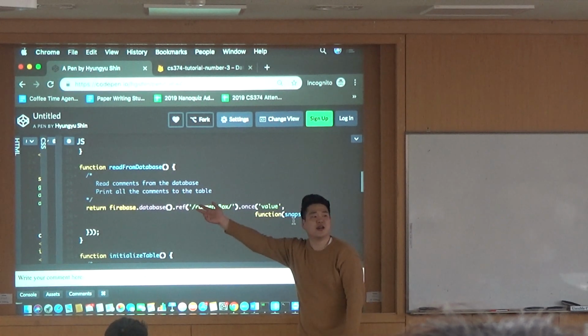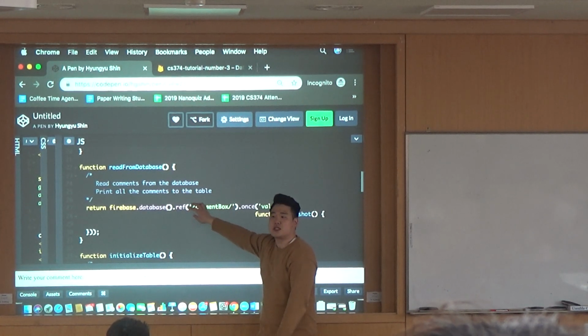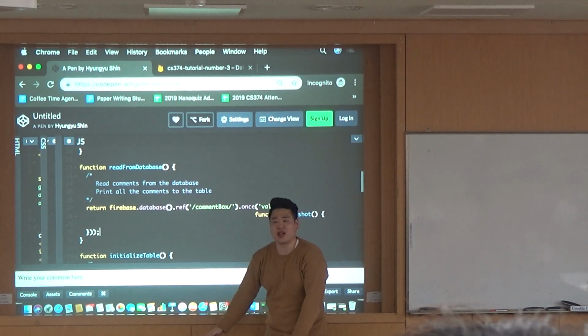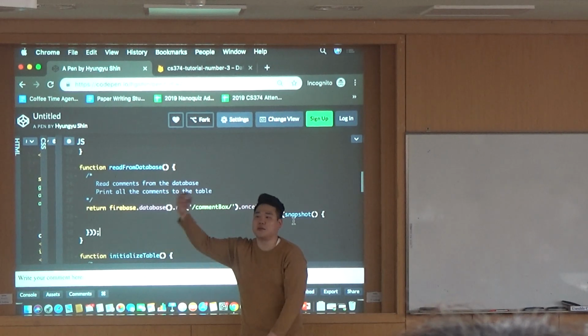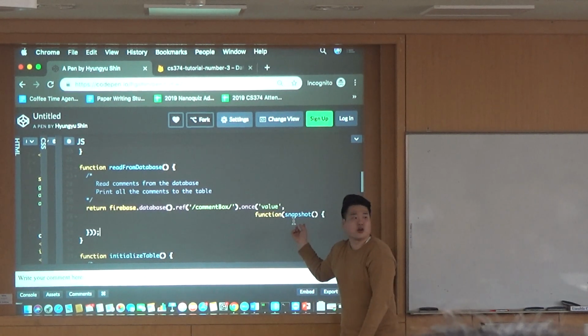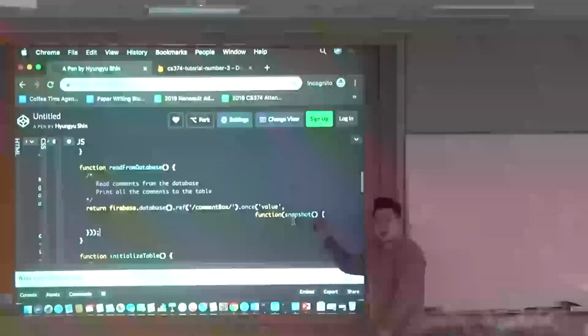Just speaking up. Then just after speaking, it executes other instructions without getting any data at all. Then what if a response comes back? Here is the function. It's going to be executed. And the snapshot